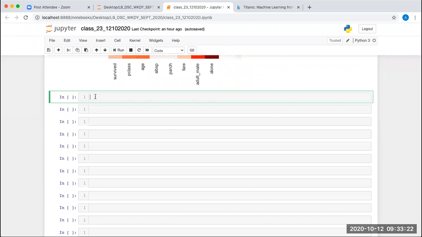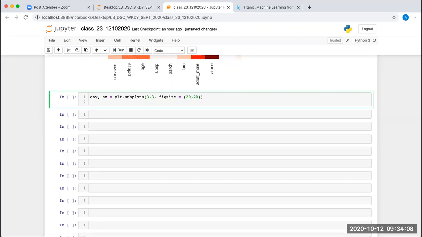So we can write fig, ax equal to plt dot subplots, and we are going to take 3 comma 3, and figsize, let's say, 20 comma 20.